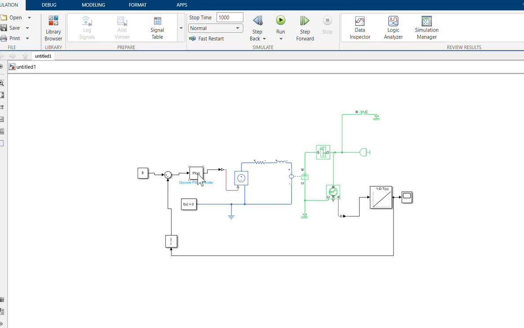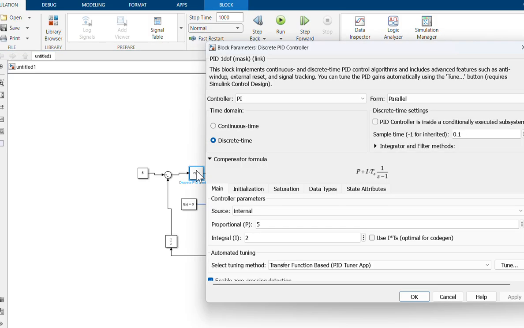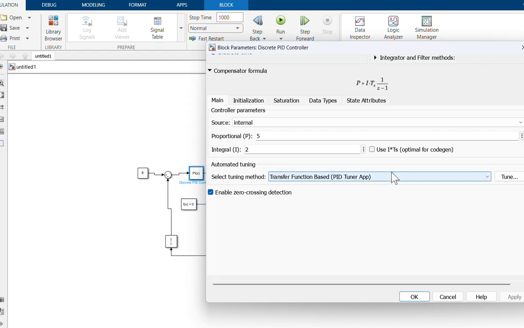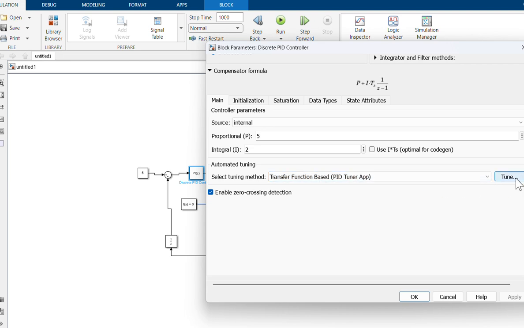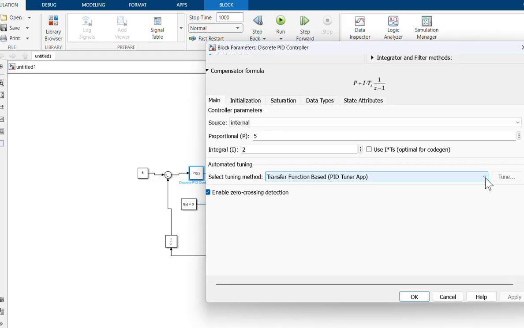How can I control it? I just click the PI button, double click, and tuning. Where is the tuning? I select tuning method. Not this, tune. This one.